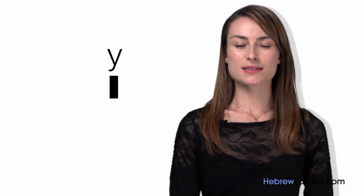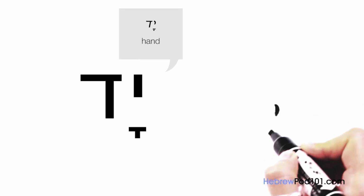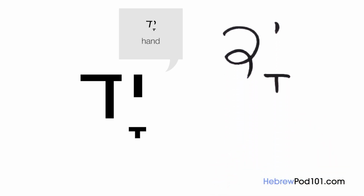It is probably the simplest letter. Yod, just like a little comma on the upper right side of the frame. And in print version, Yod, almost the same, just with a little angle. Yad is hand in Hebrew. Yad. And in print,